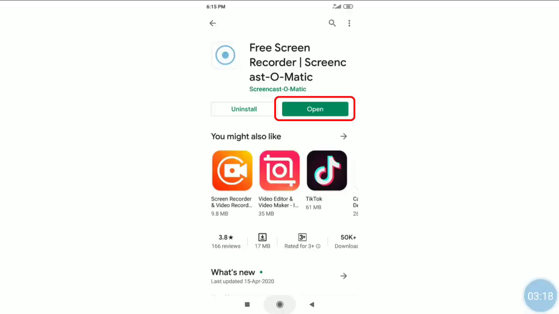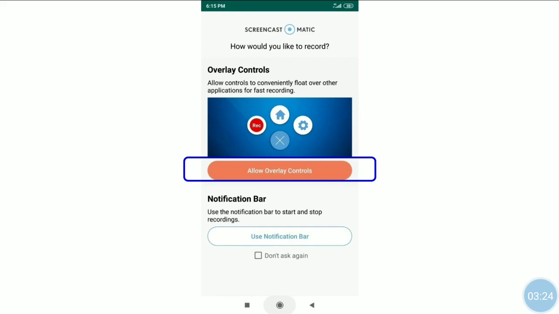After completion of installation, just open it and do the primary settings as follows. It will ask you for the controls, overlay controls and notification bar. Both settings should be enabled in order to control your recording very effectively.